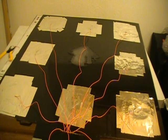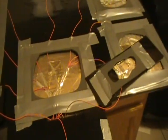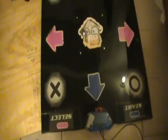And now we're going to go ahead and make the buttons on the plexiglass by placing aluminum tape, and then we're going to place the glass on top of it to complete the process. So here is the aluminum tape and all the leads going from the control board to the appropriate buttons. And remember those pads that we cut out earlier? We're going to put duct tape on them and place them on top of those, and that's it. Now all we've got to do is take the plexiglass, put it on top of our board, drill it down in the center with 4 screws, and that's how you make a